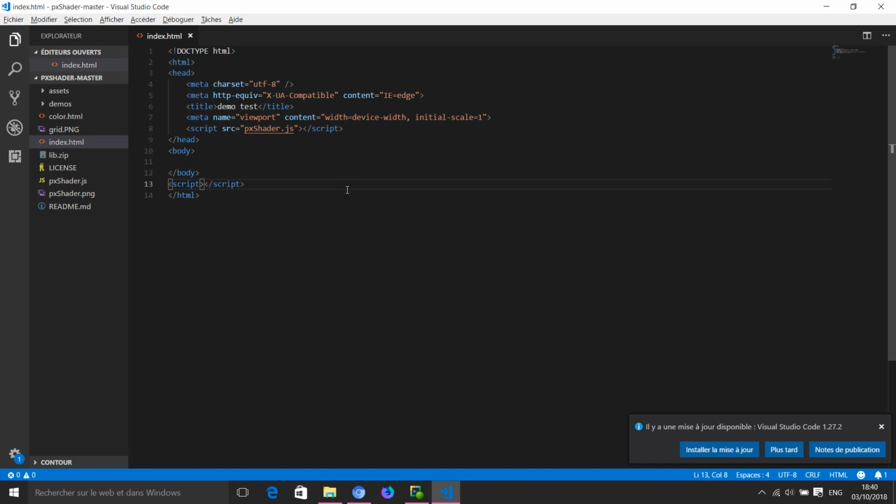To implement, you have to create an HTML file, with an HTML tag, head tag. You use it to link to the library, you close the head tag, you open the body tag, and you create a new script tag, and you use it to link to any other file you want to experiment. So that's all about testing the examples.